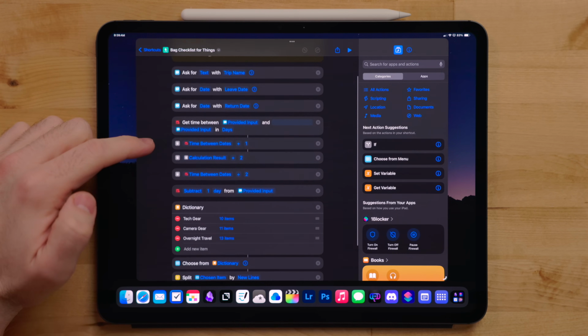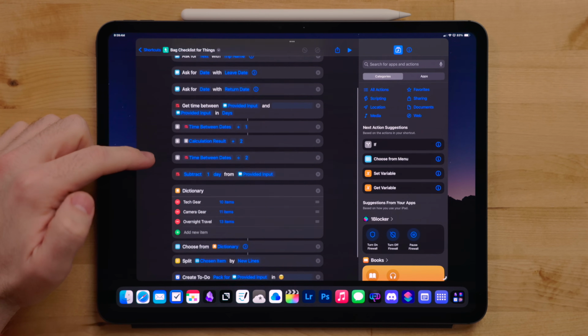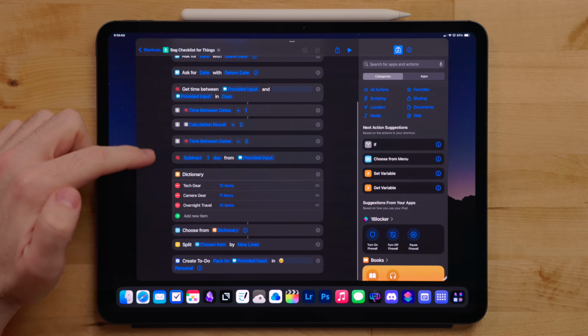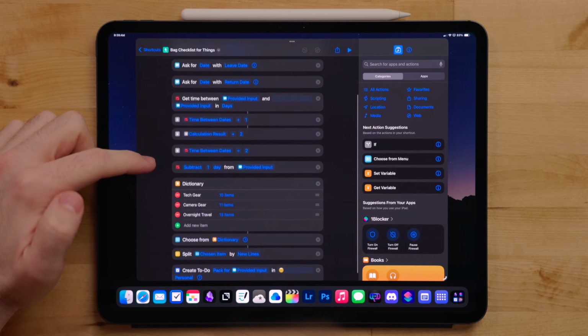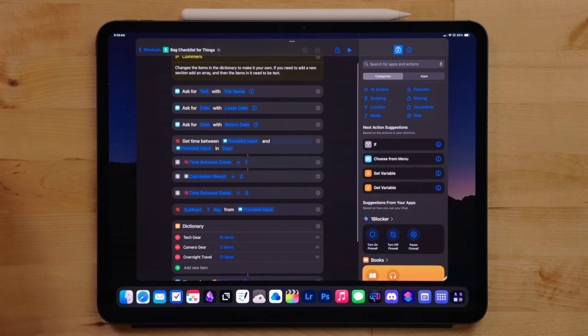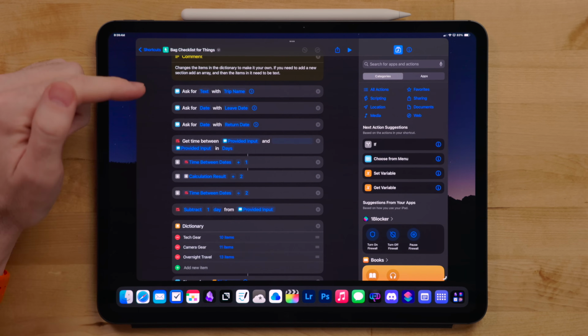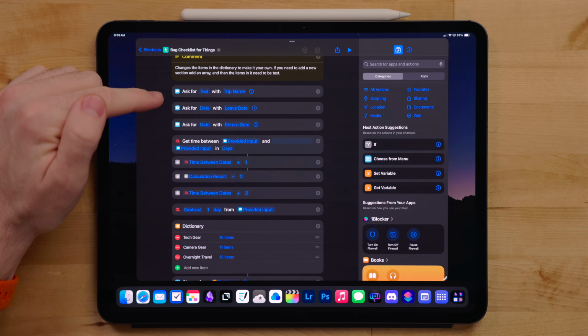This is a shortcut I use every time I'm traveling, whether it's for a day trip or an overnight trip or a cross-country trip, whatever. This is a shortcut I always use when I'm traveling. It is incredibly handy. The way this shortcut works now is it asks you for the trip name, then it